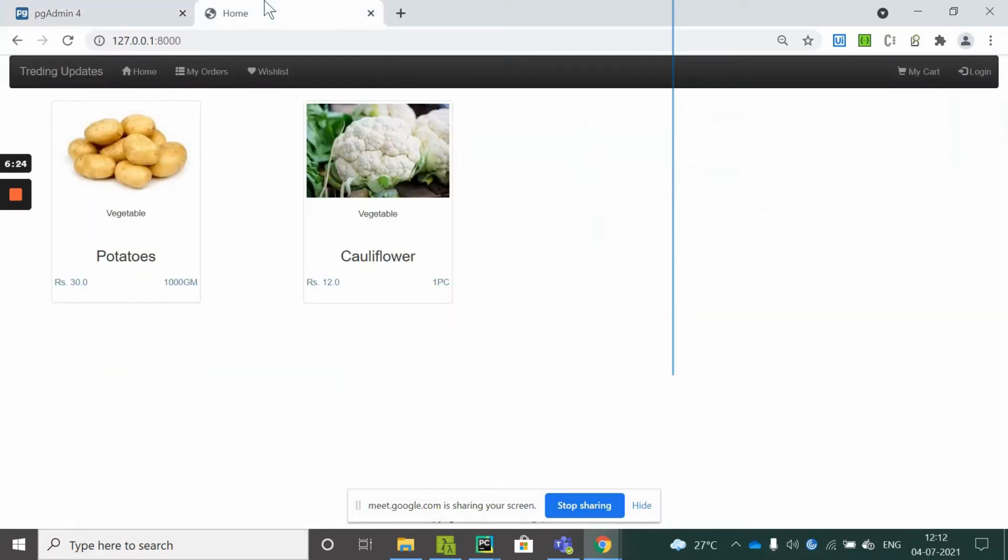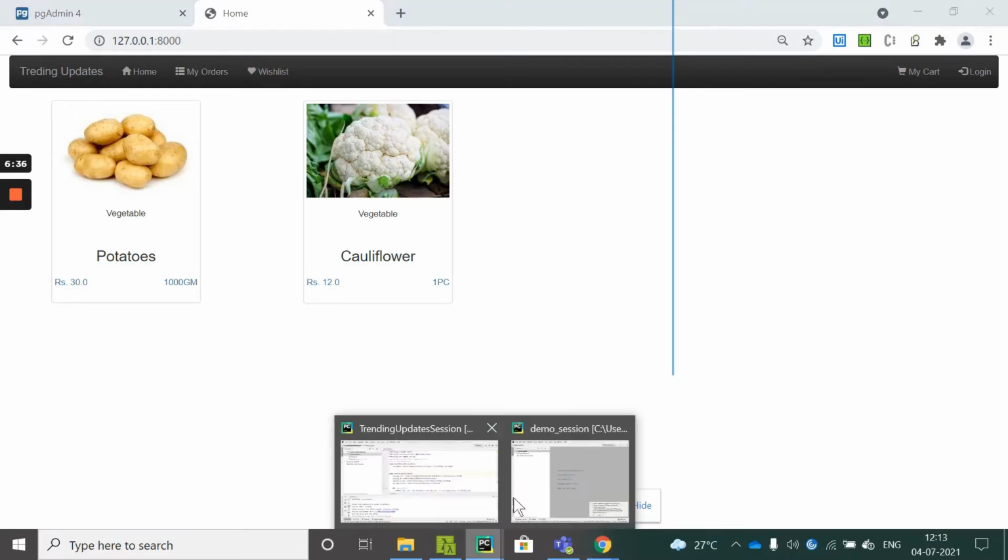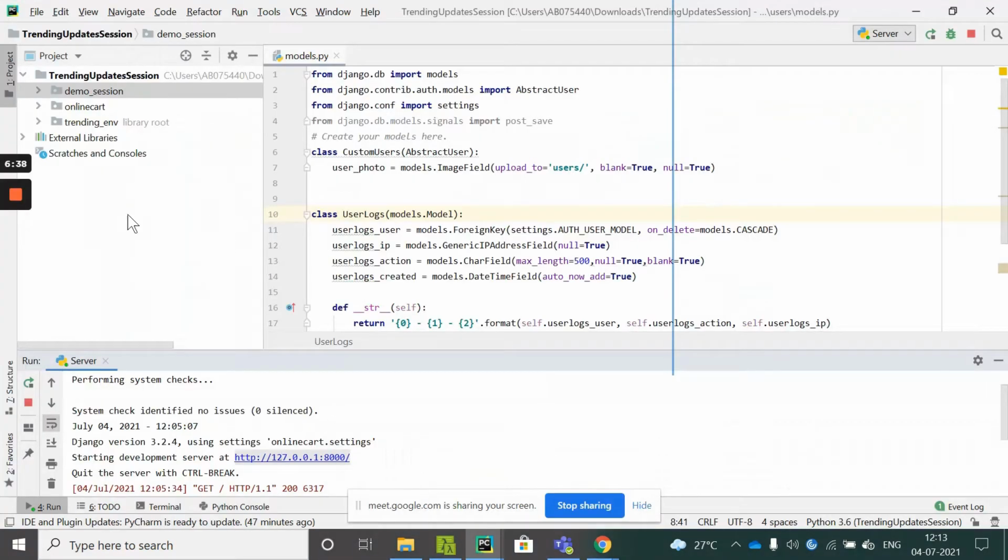I had discussed with you that the wish list is nothing but the same page that you need to copy, but only display the products that are there in the wish list. So how do you do that? Let's see this. Okay, coming to our code,